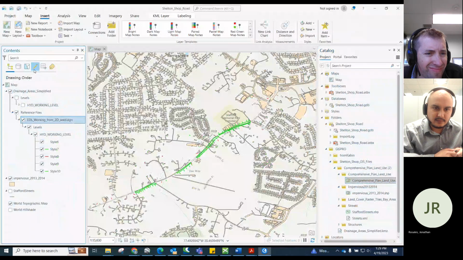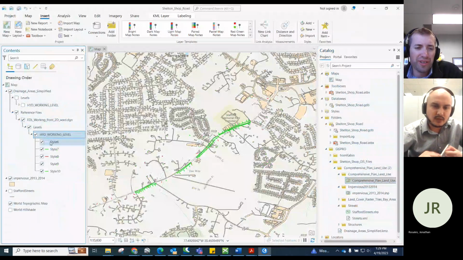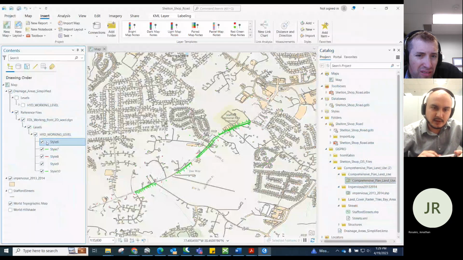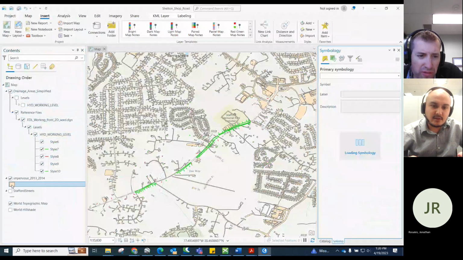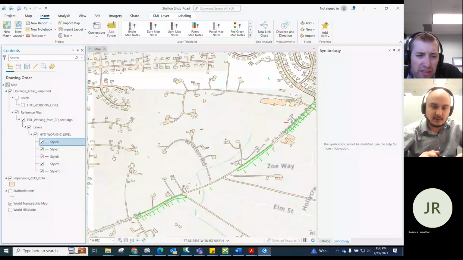Okay. That's okay. Yeah, let's do this. If you know how to do it, let me know. I would think when you click on that line, it should give you the option to change it, but I don't know why it is not working now. Oh, symbology cannot be modified. Okay. But you can see from there, right? Clearly how this drainage area is laid out. Yes. Okay.